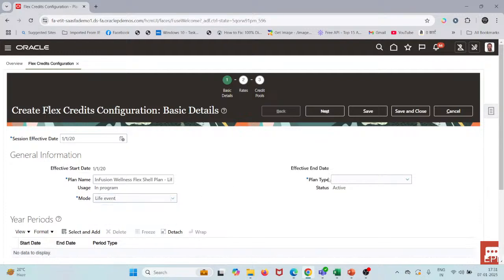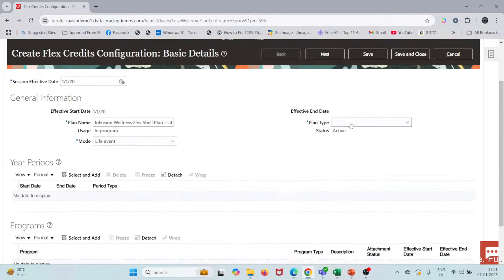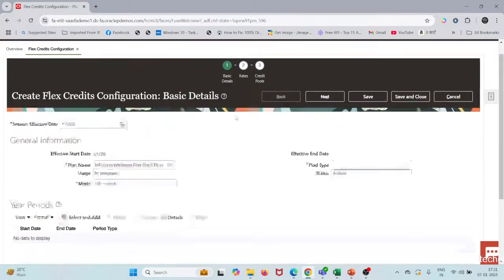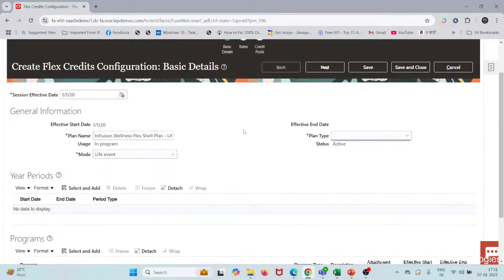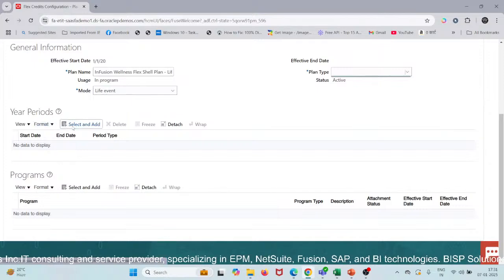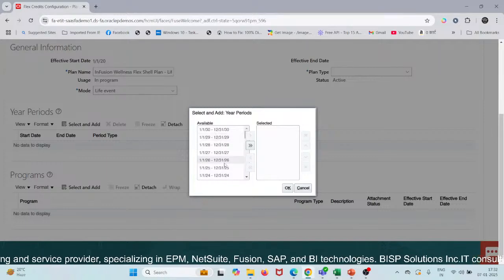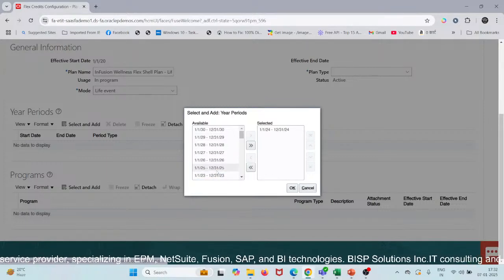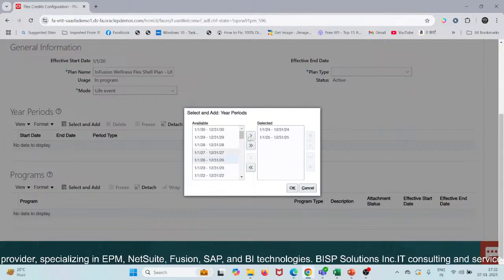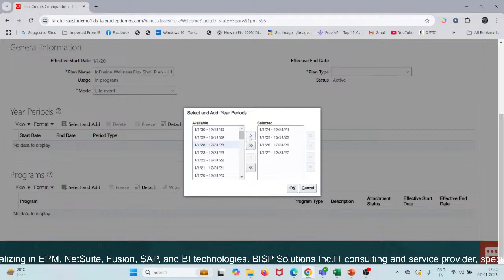Let's select the live event only. Then you have plan. Actually, we don't have any plan, so let it be. After that, you have year periods. So you can attach your periods over here. Let me select till 2028,